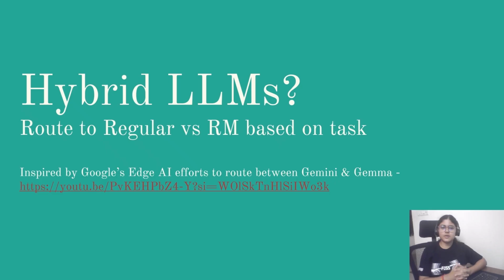So I thought, why not do that for regular versus reasoning models as well? Can we switch based on the question, whether we need a regular model or a reasoning model to answer? Because if you use reasoning models on normal tasks, it might hallucinate and not give you the correct answer. And for reasoning-based tasks, if you use a regular LLM, that is also not correct, because you won't get the correct answer out of it. So this is just an idea, and I'm also exploring it. If anybody comes up with any answers, do let me know. I'd love to hear it.